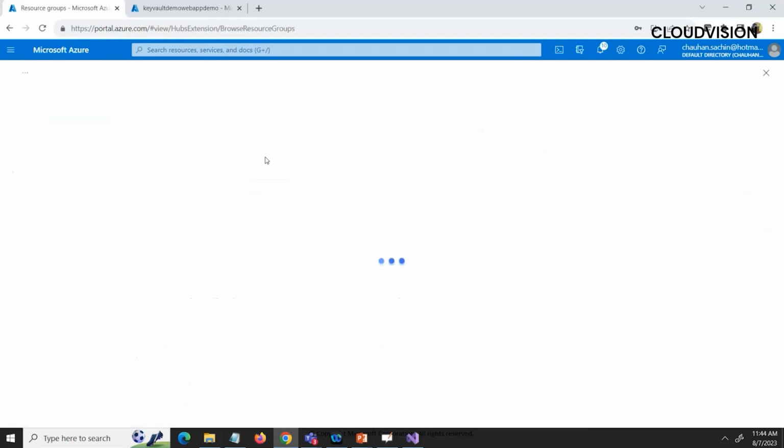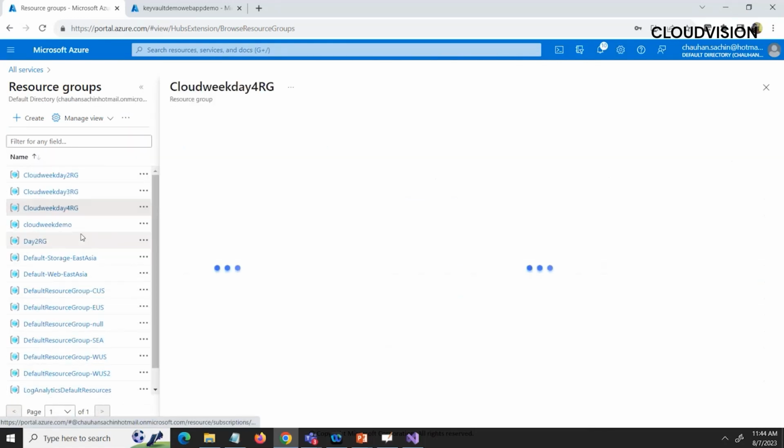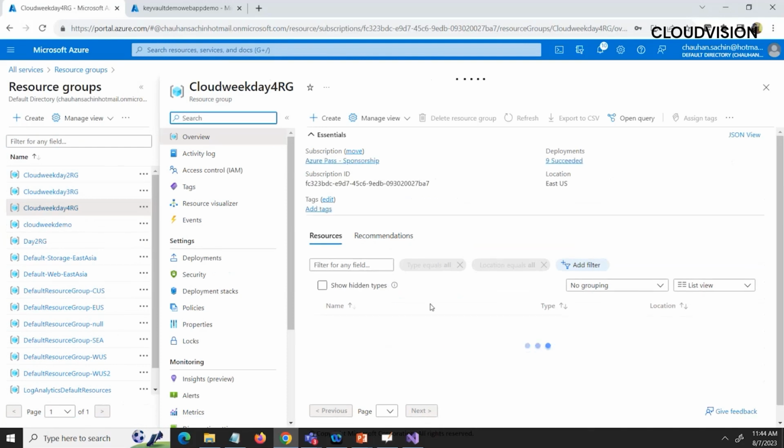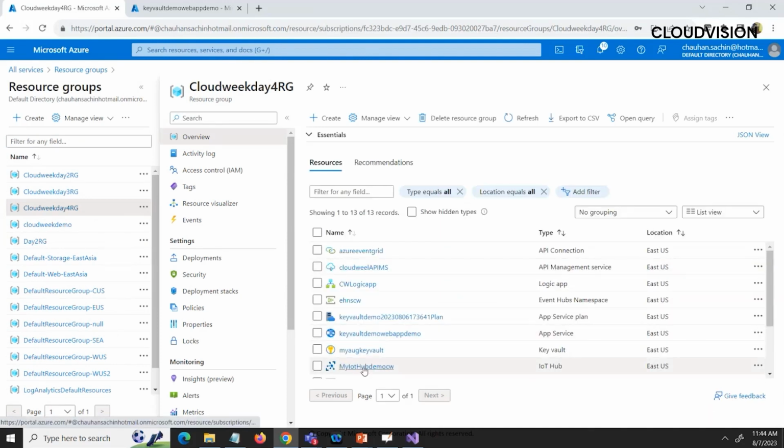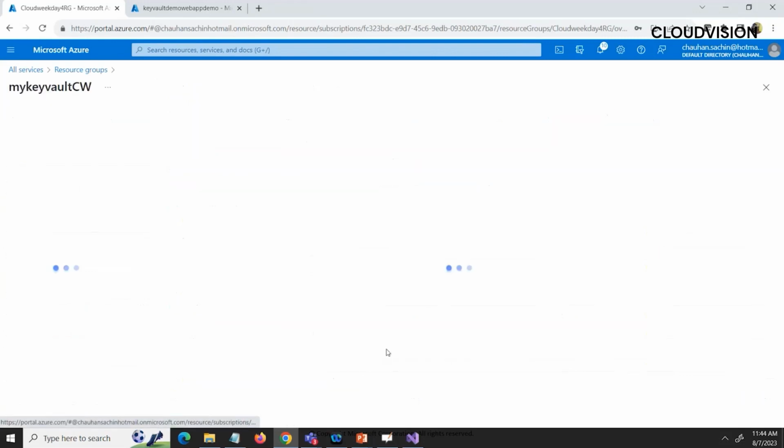I went into my resource groups. So I have a resource group that is Cloud Week Day 4. In that, I have a lot of resources available. So I'm looking for the Key Vault. So this is the Key Vault, my Key Vault